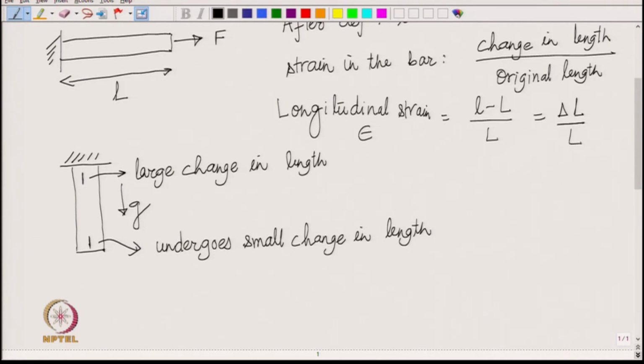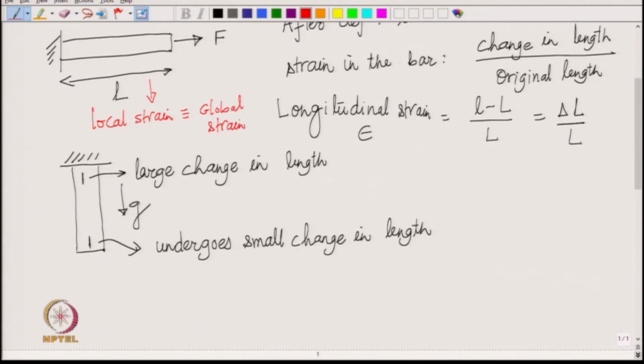So, basically in this example, the change in length is not the same for different line elements of the bar. So, it is basically varying in the bar. So, in general the strain need not be the same. So, this is called local strain. So, in the first case the change in length for every line element is the same. So, the local strain is same as global strain. So, here local strain equals global strain,